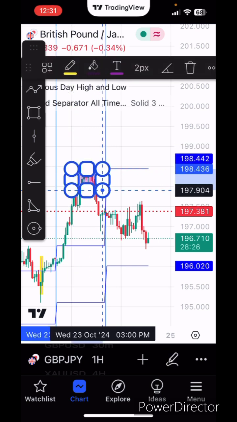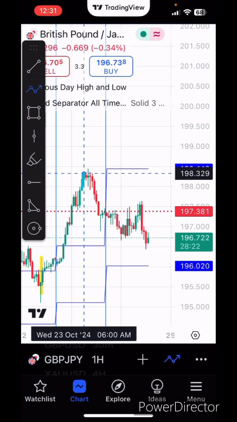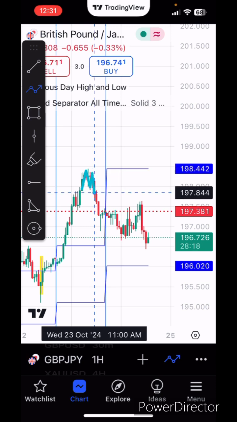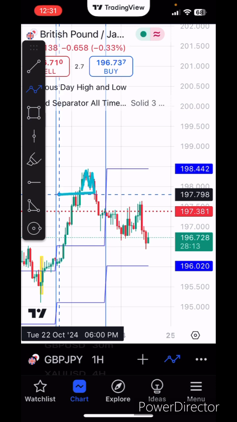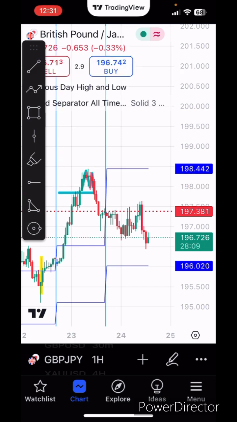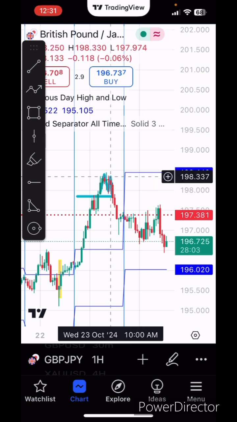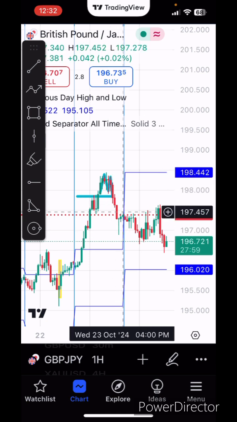Okay, you can see the engulfment even on this higher time frame, right? Here's the engulfment. Traders are trapped in the market there. Traders who went long into the high of the day, they were buying into the high of the day as New York opened, okay? And then now their accounts are being eaten into, right?